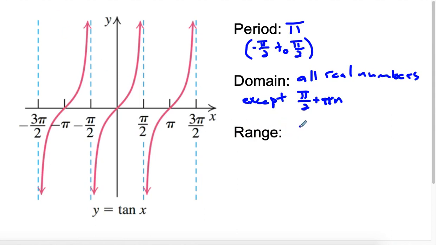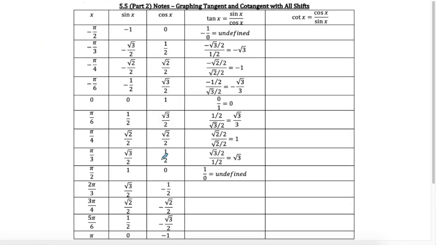The range then is easy. Even if we just look at one period, the range is going to hit every y value. So the range is negative infinity to positive infinity. We can do something similar with cotangent. Now, for cotangent, we are actually going to start at 0 and go up to pi. So if I look at 0, remember cotangent is cosine over sine. So this would be 1 over 0, which would be undefined,